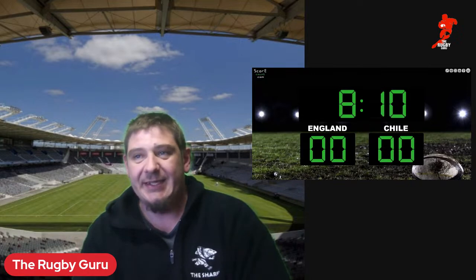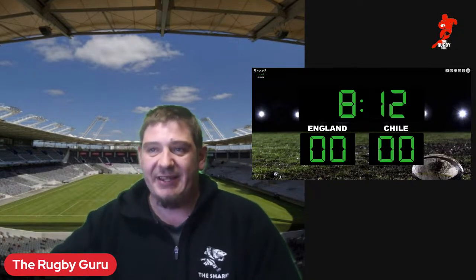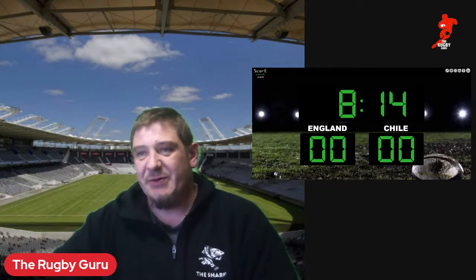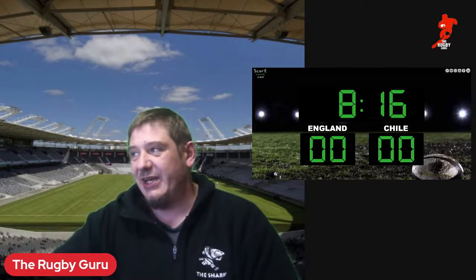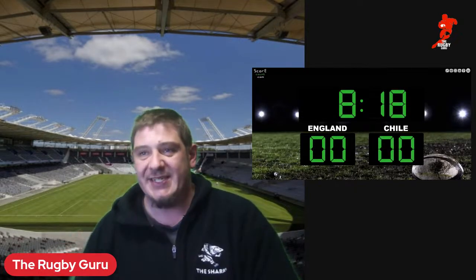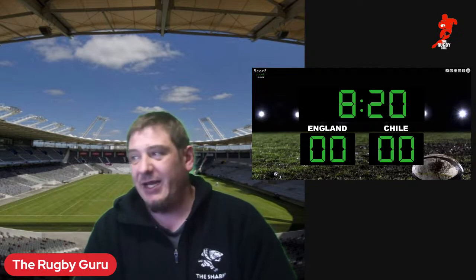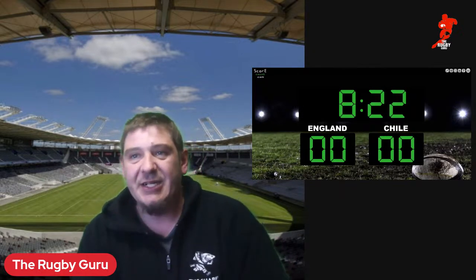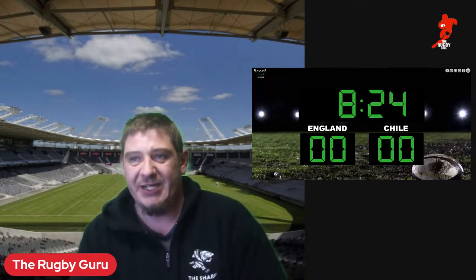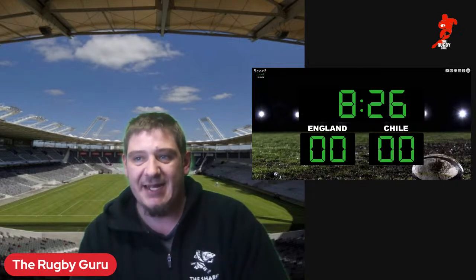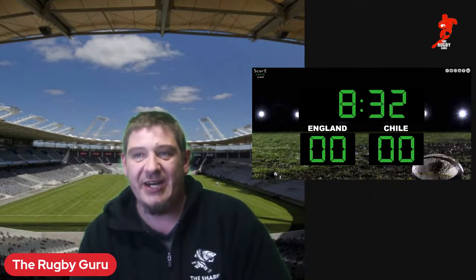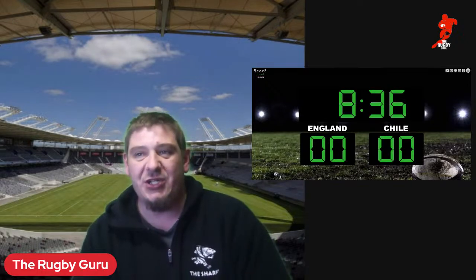Line out taken by Segren now at the back here for Chile. Driven up in a big charge here from the forwards. Lewis comes back to Fernandez, who puts it on the boot. Not going to find touch though. And here comes Max Mullins again now. Oh, it's been turnover, and now it's a chance here for Chile to go on the attack. It's Segren, gets the pass away. Up to the 22 they go.